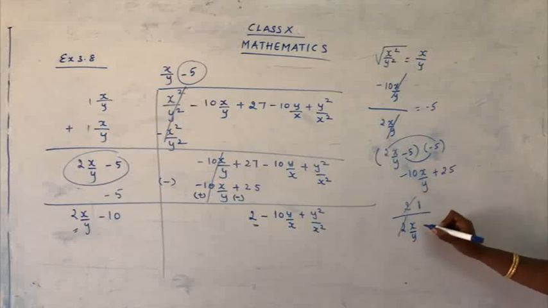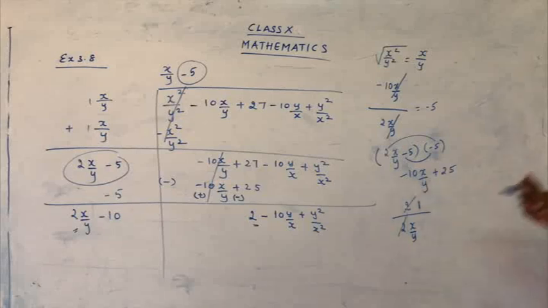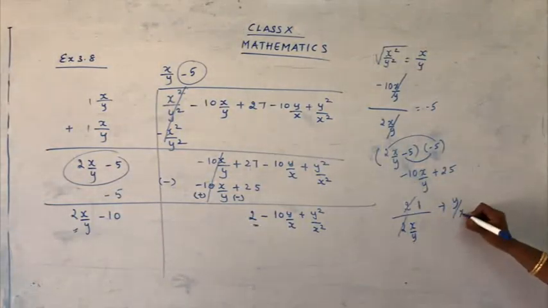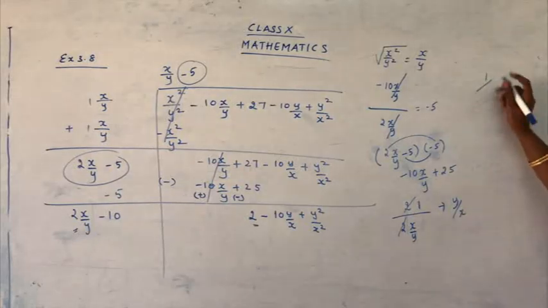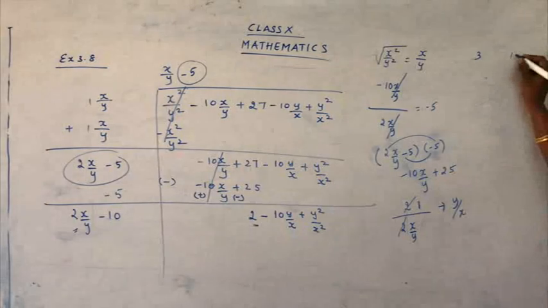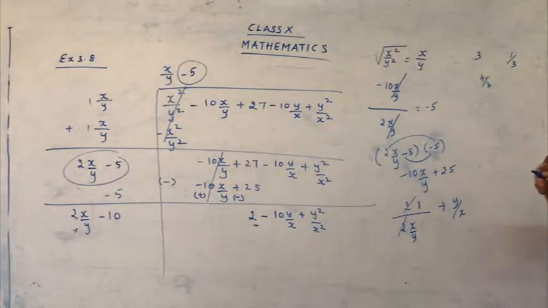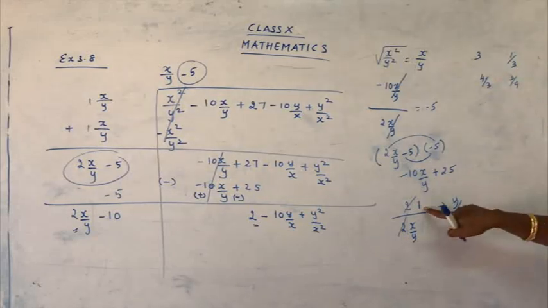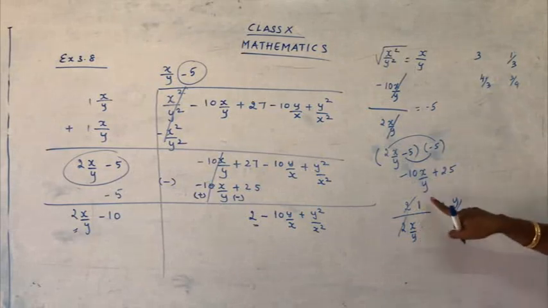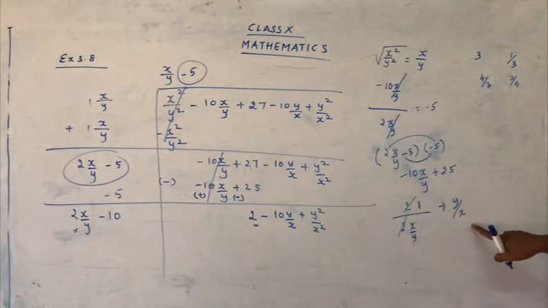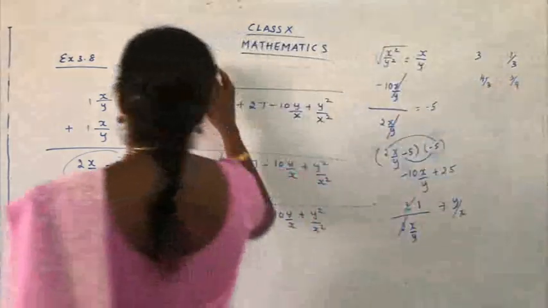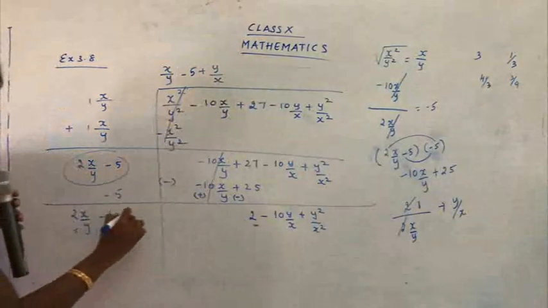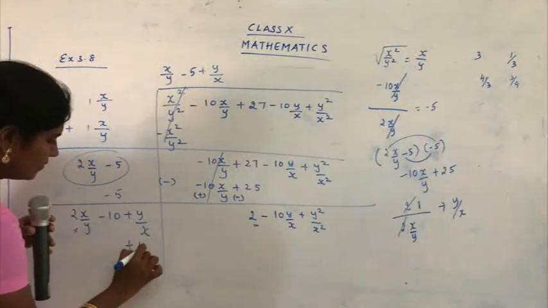1 upon xy means we have to take the reciprocal of x upon y. What is the reciprocal of x upon y? Yes, it's y upon x. Reciprocal of, it's like this. If you have 3, what is the reciprocal of 3? 1 upon 3. If you have 4 upon 3, what is the reciprocal of 4 upon 3? Is 3 upon 4. Just interchanging the numerator and the denominator. So the reciprocal of x upon y is y upon x. So write y upon x plus y upon x plus y upon x plus y upon x.